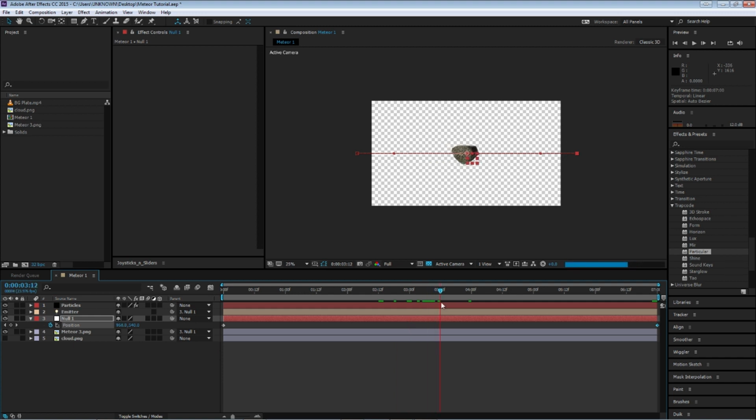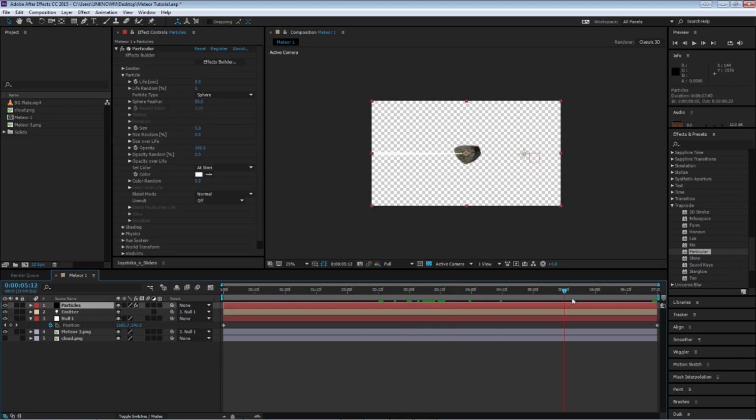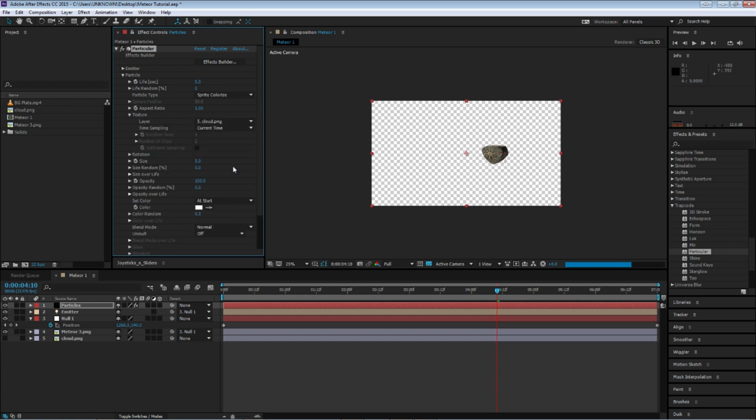Now go back to your particles menu. Set your life to 5. Now, on the particle type, we're going to change it to sprite colorize. Go to your texture, and we're going to change that layer to the cloud element. Now go to your size. Now go to your rotation